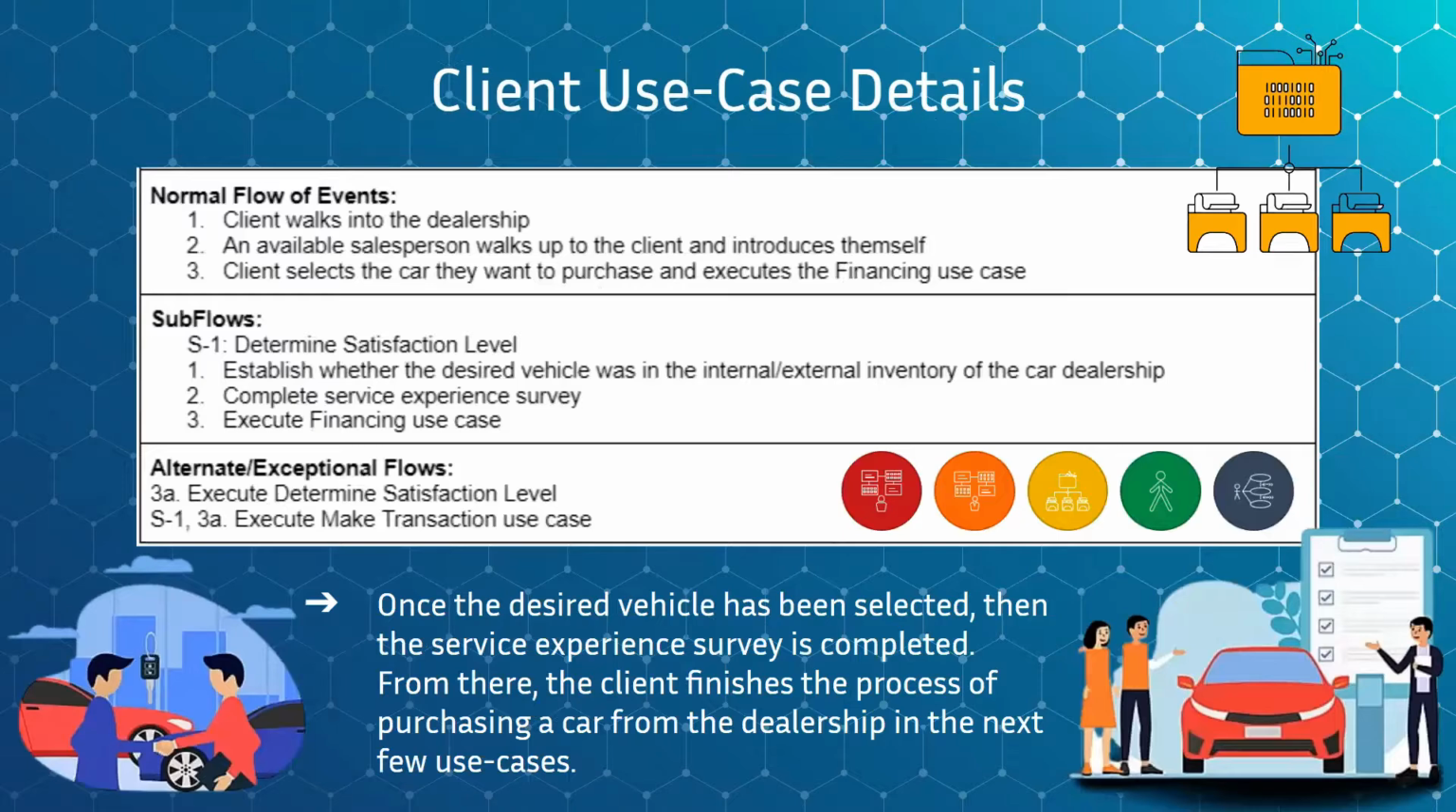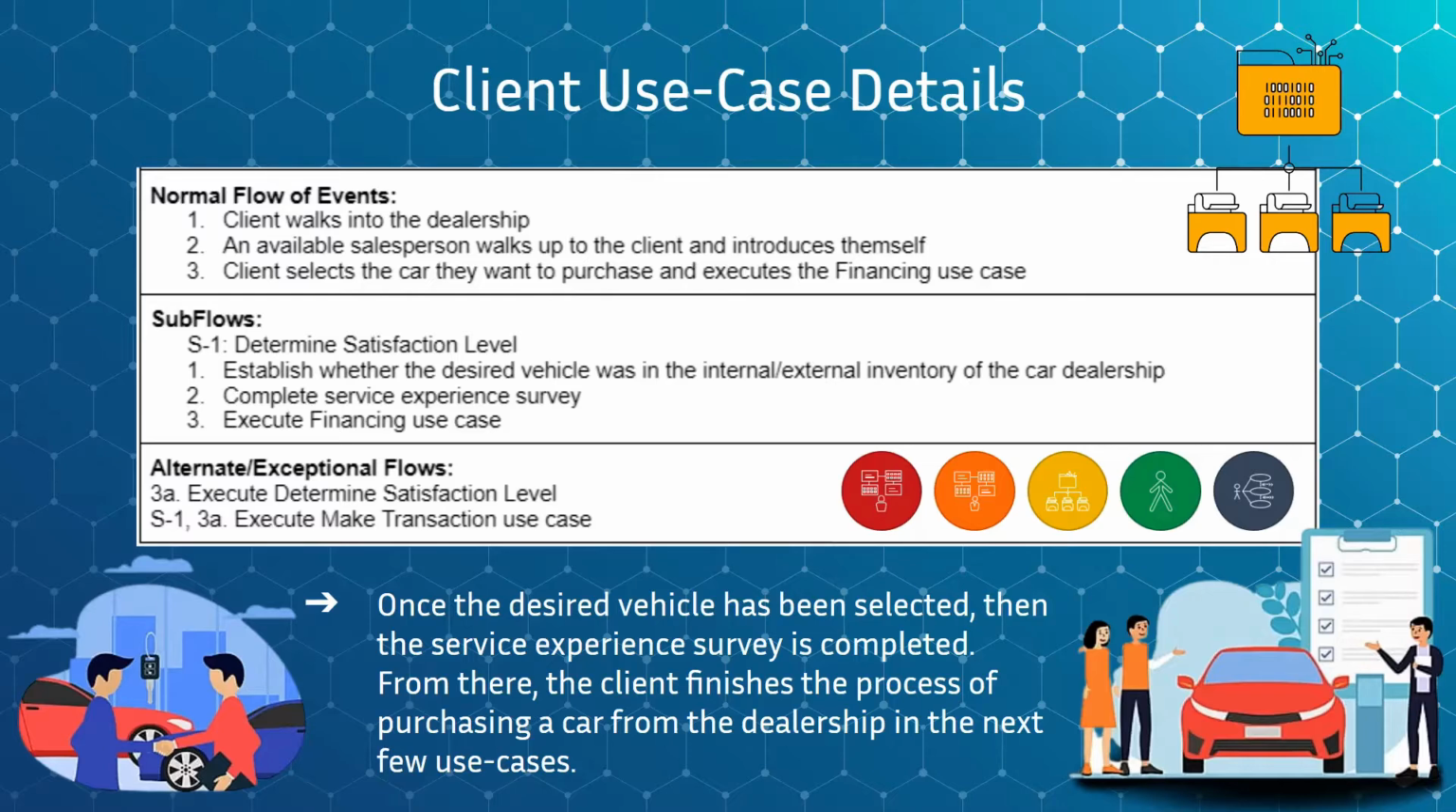For more details on the client use case, we have the normal flow of events, which would be when a client walks into the dealership. An available salesperson will walk up to the client and introduce themselves. Then they will select the car that they want to purchase, and then we would execute the financing use case. For the subflows, we're going to determine the satisfaction level of the client and their experience with the dealership, and then we would execute the financing use case. And the alternate flow would be to make the transaction. So once the vehicle has been selected, then the service experience survey is completed. And then from there, the client would finish the process of purchasing the car